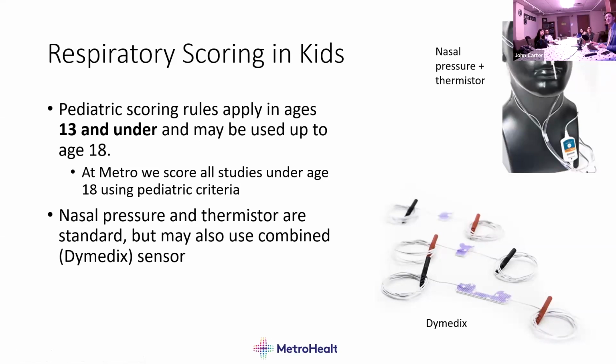This in the upper right here is an example of a nasal pressure sensor and thermistor setup. So this is standard in adults, and we try to do this whenever we can in kids. But as you can imagine, tolerating this in a 3-year-old is challenging. So we'll often use a combined sensor. Here we use one by Diametics in little kids, and that's what it looks like. It's just a little stick-on on the filter. So either way, you're still going to get a pressure-based airflow measurement and a temperature-based airflow measurement, and they're different.